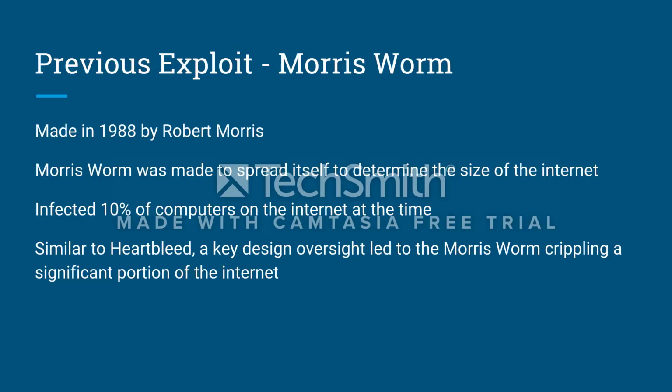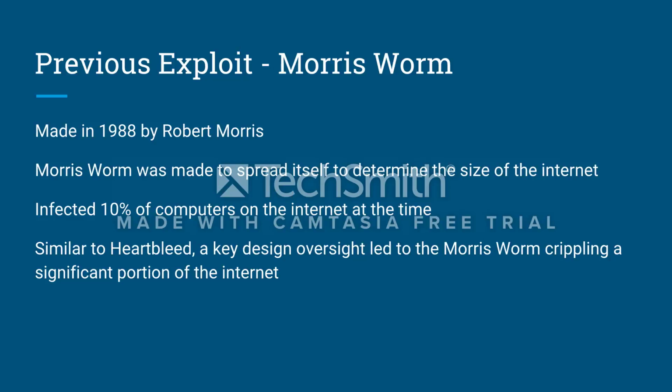It's estimated the worm infected about 6,000 machines, which was about 10% of the computers at the time. That might sound like a small number, but it was very significant back then. And this is quite different to Heartbleed, as a lot of those machines were unusable, whereas with Heartbleed, everybody could still use their machines. It was just that they might be losing some sensitive information like credit card data,